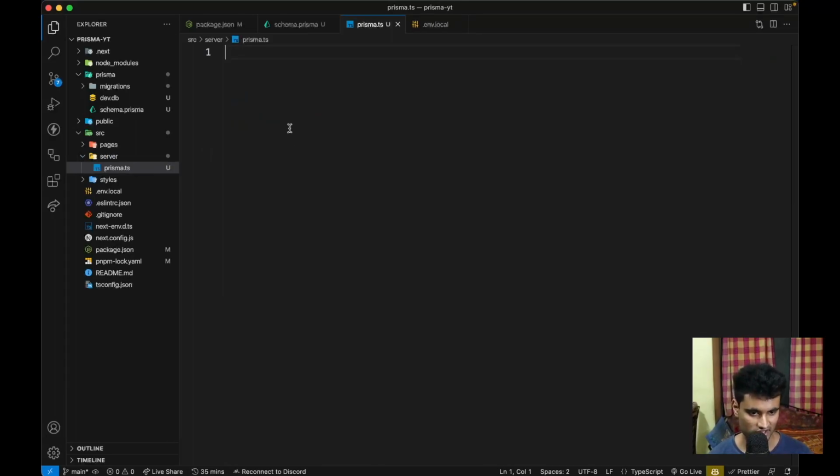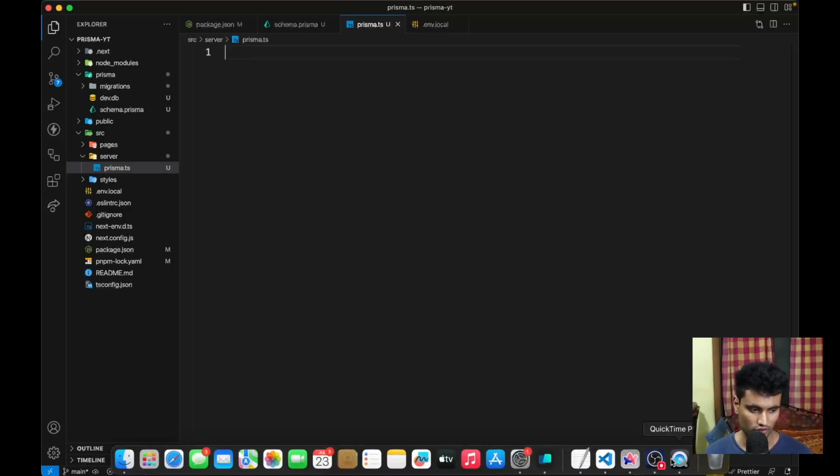And the thing with Next.js is that whenever you create a new API call, sometimes the server goes to sleep, and when you wake it back up, a new Prisma instance is created. And if you create a new Prisma instance in every single API call, it will create like 10 different instances, and it will really slow down your performance, or it might lead to you reaching your limits in your database provider. So to tackle that, we can simply go to